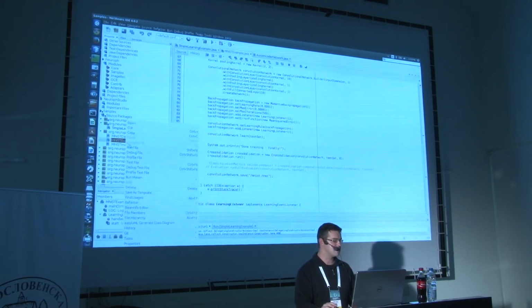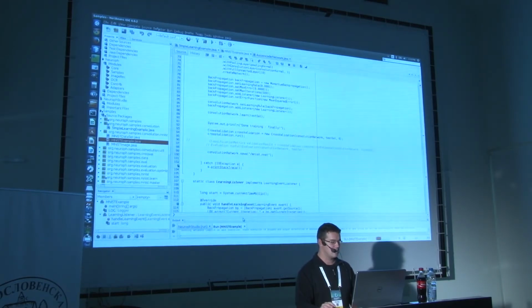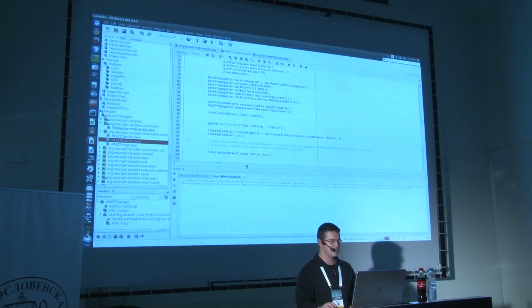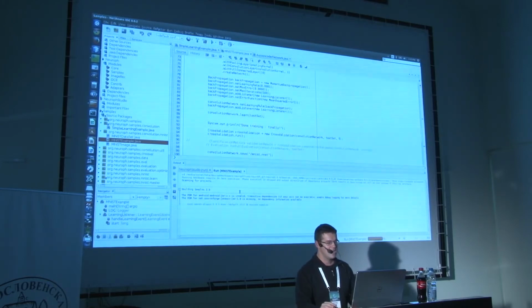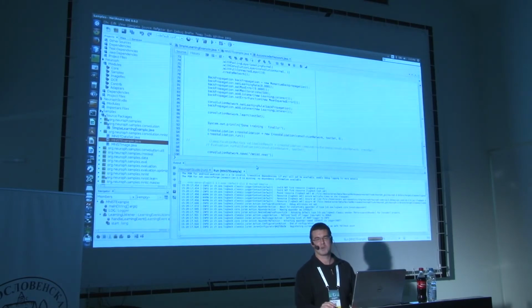So I will start this example, but I must tell you that it will probably take 6 hours to complete. Okay. You'll see that running one iteration of learning takes about 1 minute.